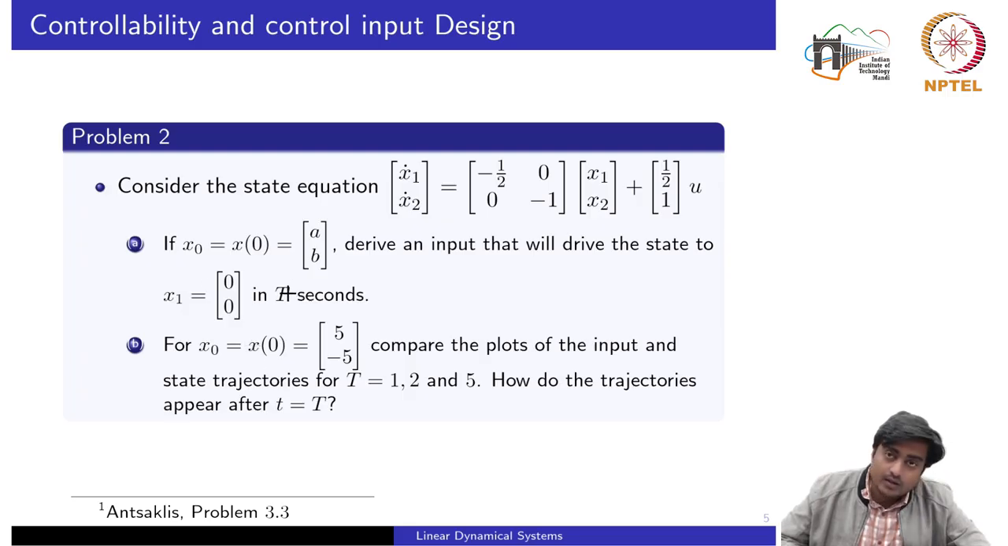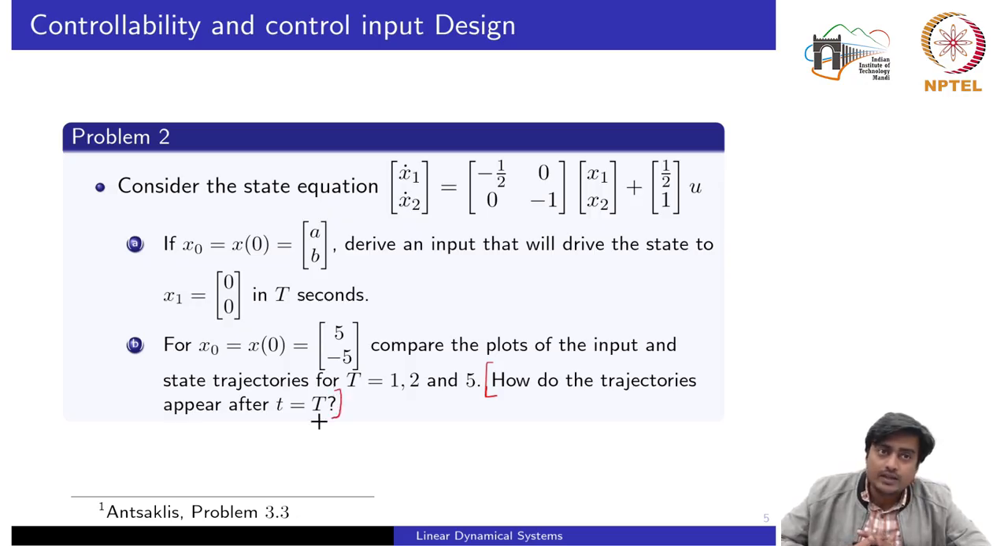Okay, the follow-up part of this. The first part only computes the parameterized solution in terms of a and b. In the second part, a and b are taken as 5 and minus 5, and we do a further analysis by computing how the input and state trajectory would behave if we specify three different values of capital T, that is 1, 2 and 5, and how the trajectories appear. This is the most important part, the last part,